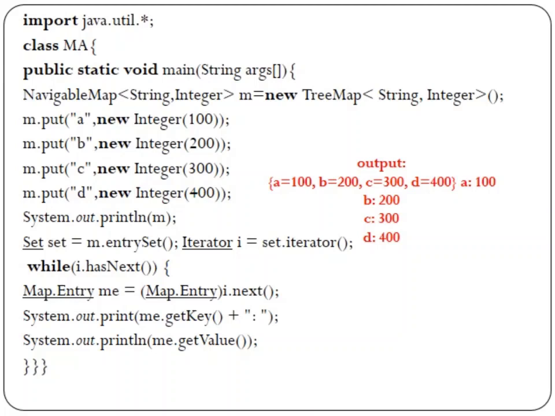Then again the next method is pointed to the next, it is going to check if the elements are available or not. Yes, elements are available, so it goes inside. Again it is going to typecast. Now m is pointing to the B and its corresponding key is B and value is 200. The process is repeated. How the Map.Entry will work, and entrySet is always going to point to the starting element of the given interface.